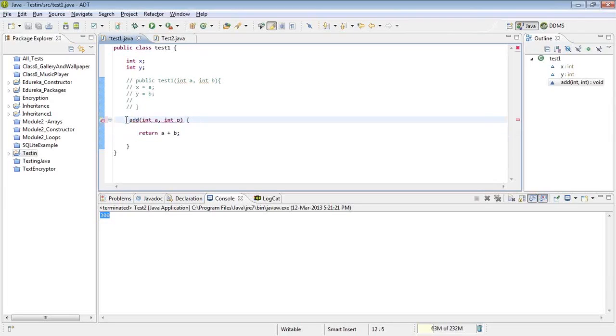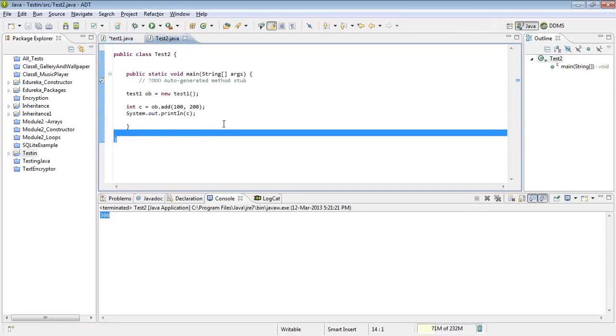If you do not mention it, it will give you an error. Either remove this return keyword or mention a return type. Amir says okay. This way you can return any other value as well. Like if you want to return a float value, you can do that. But right now it will, okay, first I'll run this code for you.